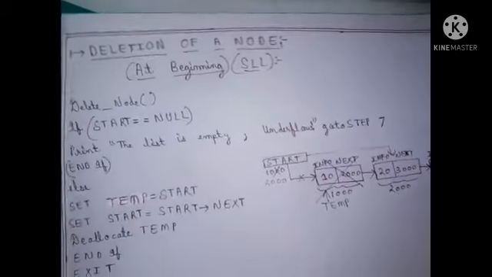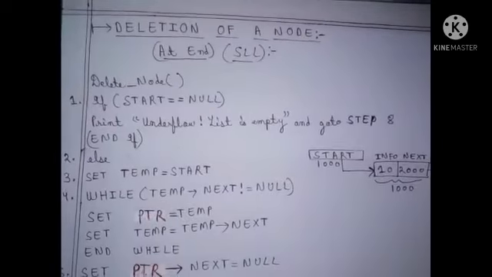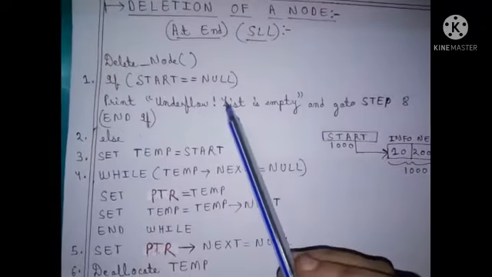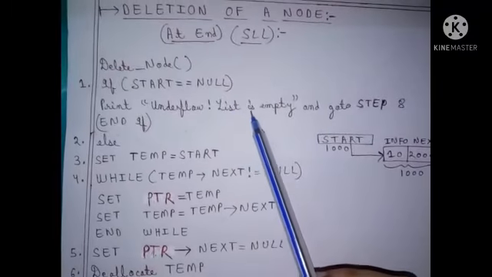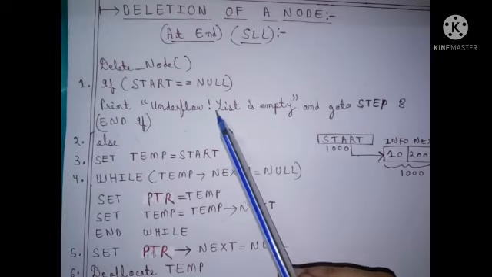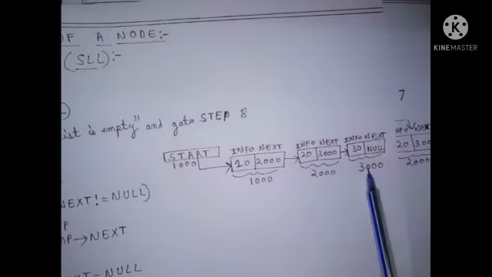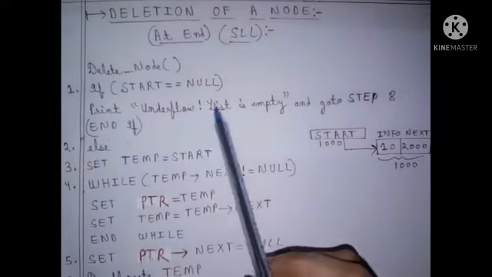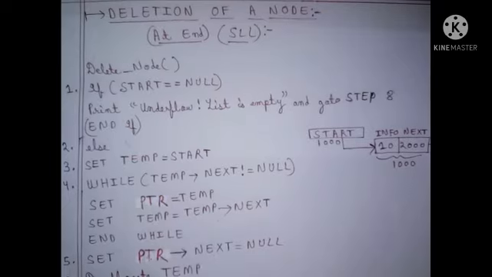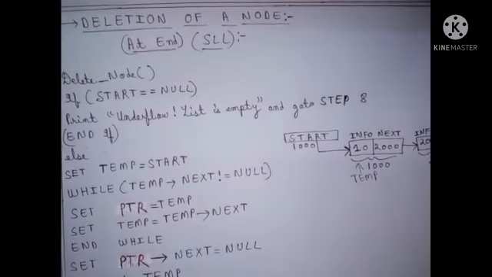Now similarly we will see the deletion of a node from the end of our single linked list. Here also, in the first condition, it will check whether our list is empty or not. If our list is empty and we still undergo the deletion function, it will give us the underflow condition. But if the list is already filled up, here I have assumed a list of 3 nodes, then this if condition will become false and now the else will be executed. Here also, first of all we will set the temp pointer.